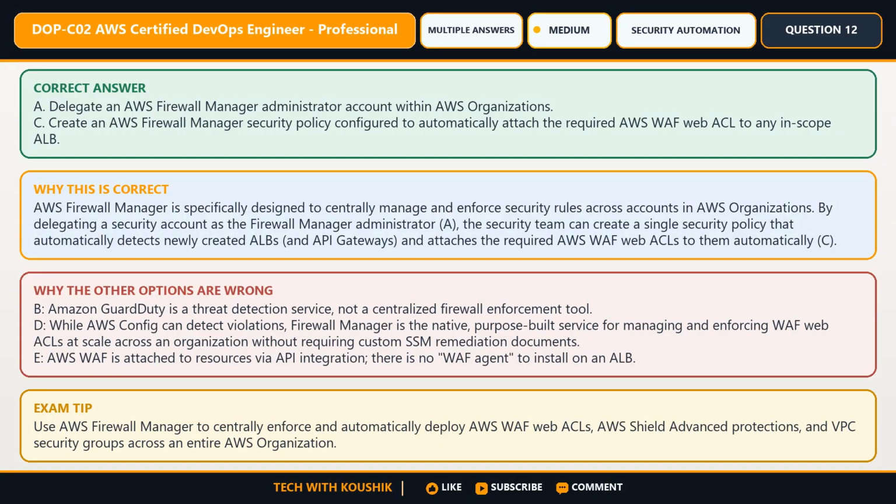The answers that work here are Option A. Delegate an AWS Firewall Manager Administrator account within AWS Organizations, and Option C. Create an AWS Firewall Manager security policy configured to automatically attach the required AWS WAF Web ACL to any in-scope ALB. Here's why. AWS Firewall Manager is specifically designed to centrally manage and enforce security rules across accounts in AWS